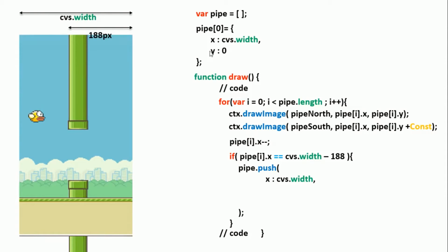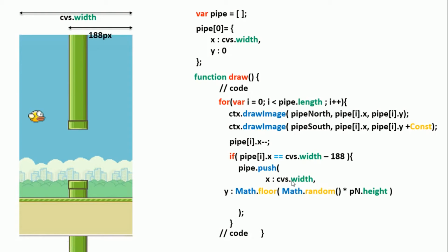But our y coordinate this time, we want that to be different. We actually want that to be random. So we want to randomly choose what our y coordinate is going to be. Using our random function will give us a value between 0 and 1, and then we want to multiply that by the value of pipe north dot height. By the height of that pipe, when we multiply that by our randomly chosen value, we will be able